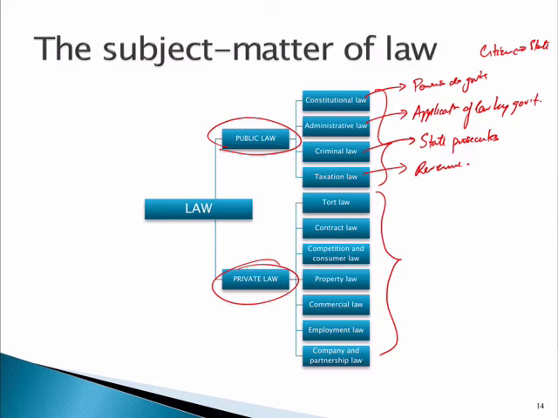In contrast, private law is about individual to individual relationships. Clearly, contract law is about where there's an agreement between individuals. Tort law is where you do a wrong, or a purported wrong, to someone. How does that get settled? Tort law. Now notice an actual act could be both public and private law.